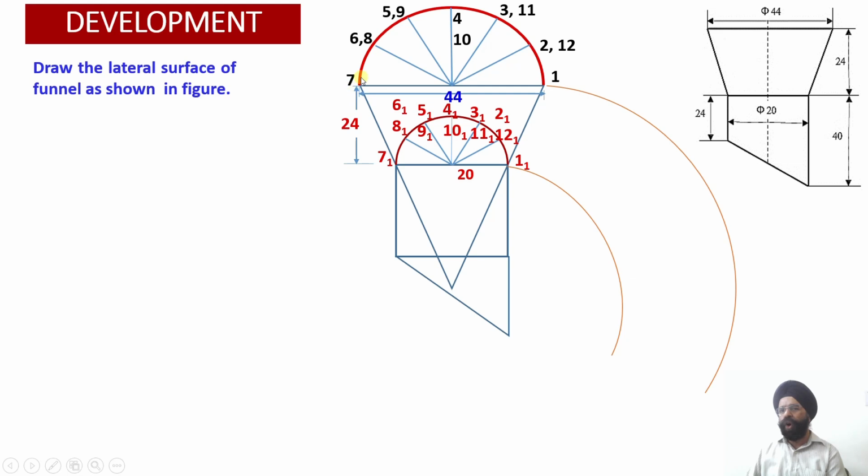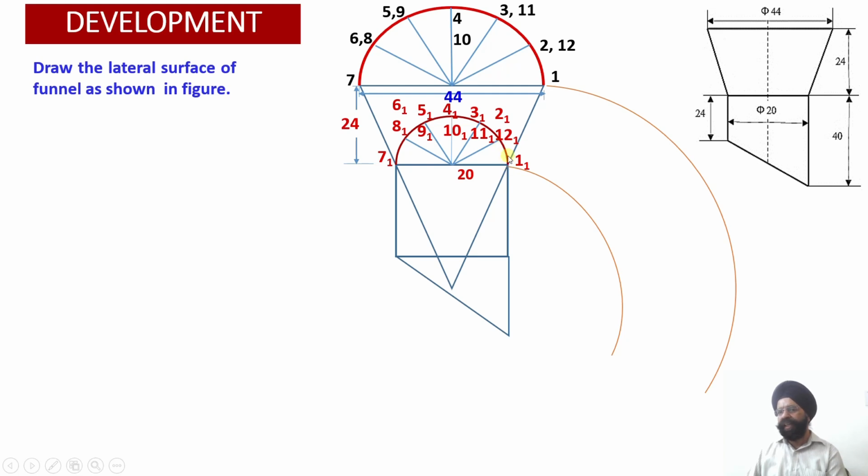So all these chord lengths, they happen to be equal. So each sector is for 30 degree because we have divided this into 12 equal parts. So starting from point 1, I am going to mark 12 arcs onto the outer curve corresponding to this distance. Similarly, corresponding to this distance over here, 1 1 to 2 1, 2 1 to 3 1. So 12 arcs will be drawn over here corresponding to this smaller semicircle sector length over here.